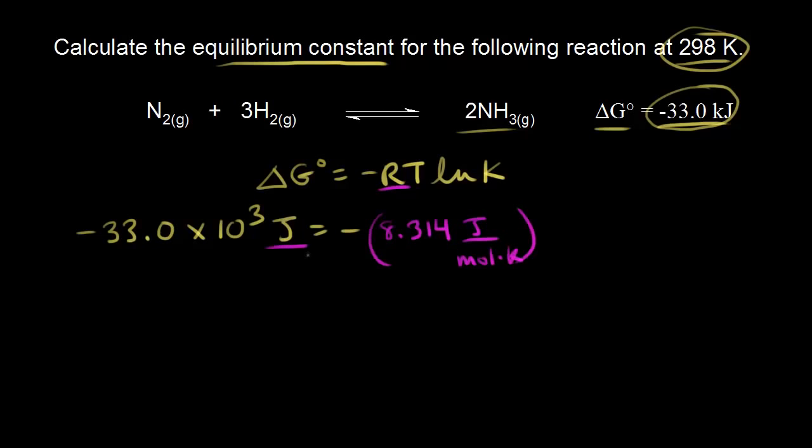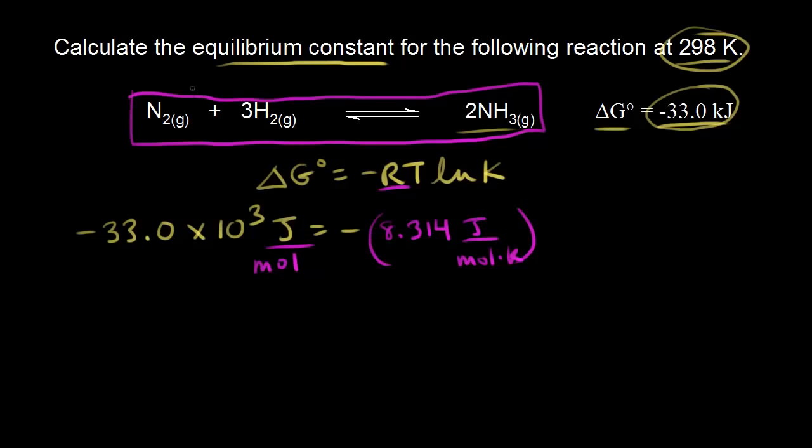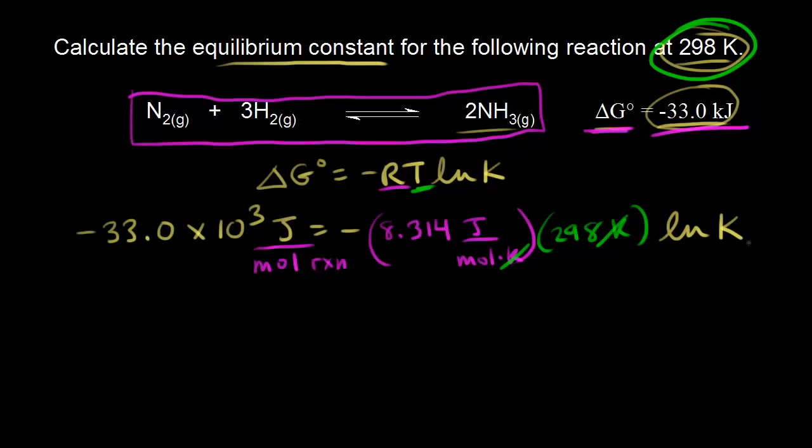So we need to write over here joules over moles of reaction. So for this balanced equation, for this reaction, delta G0 is equal to negative 33.0 kilojoules. So we say kilojoules or joules over moles of reaction, just to make our units work out here. Temperature is in Kelvin, so we have 298 K, so we write 298 K in here. Kelvin would cancel out, and then we have the natural log of K,